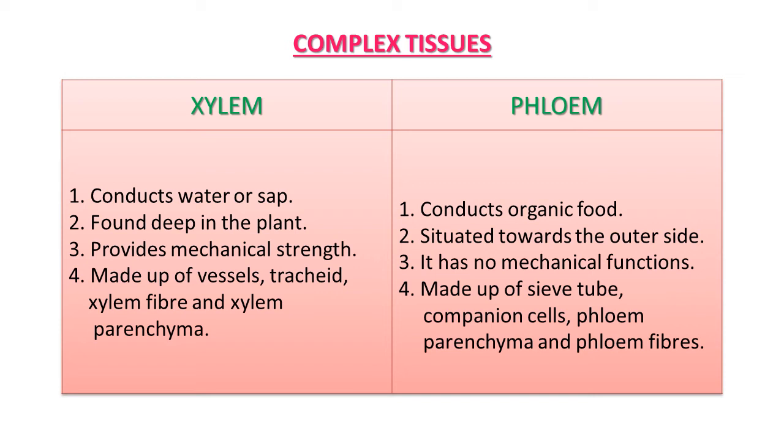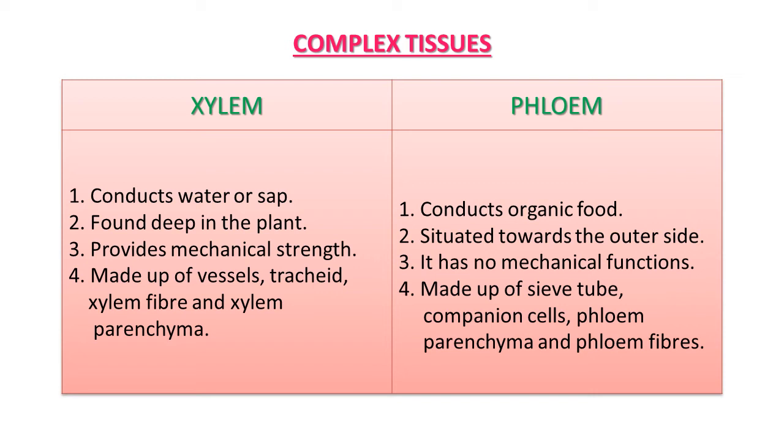A vessel in xylem is also a long cylindrical tube-like structure made up of many vessel cells. Here the cells have lignified cell walls. They are also devoid of protoplasm. Their members are interconnected through perforations in their common walls. The presence of vessels is a characteristic feature of angiosperms.